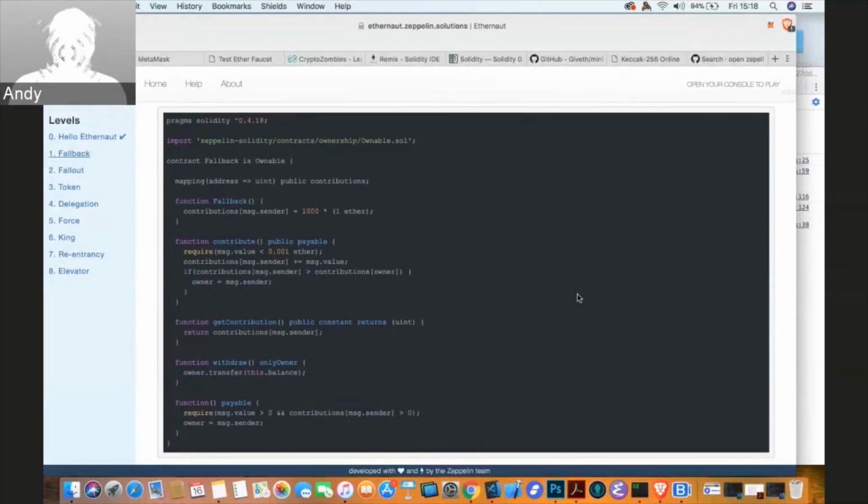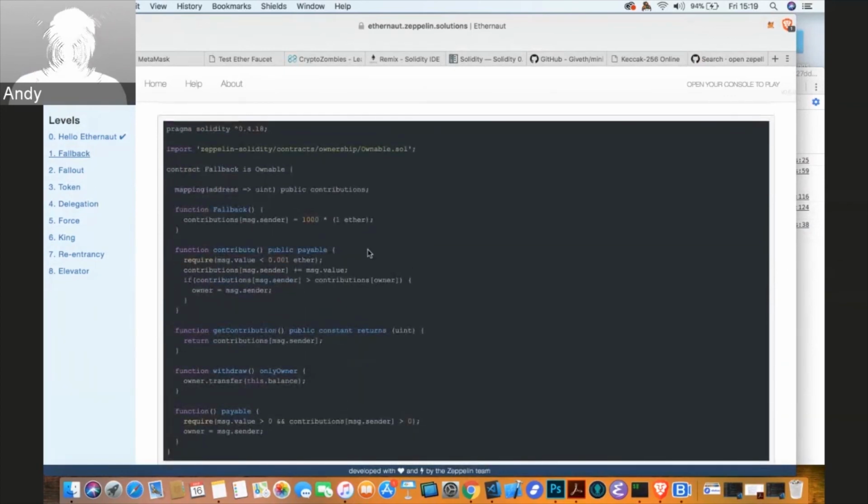So Fallback has to do with what's going on in the actual Solidity contracts, and this is the first time that we get to look at what Solidity actually looks like. It's not the greatest contract to introduce you to, but if you've seen JavaScript before, then a lot of this should make sense. What's going on in this file is, at the very top, we need to declare our compiler version of Solidity, and we do that with some syntactical sugar called pragma, and then we just specify